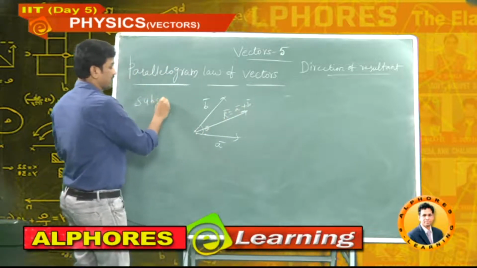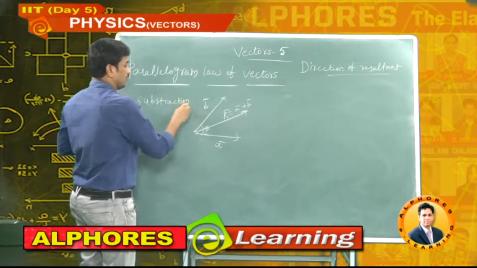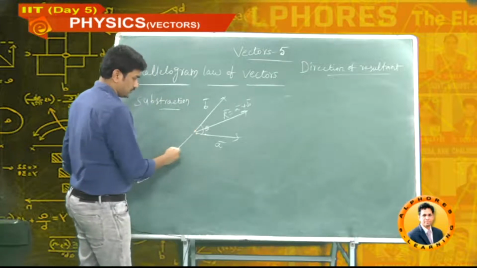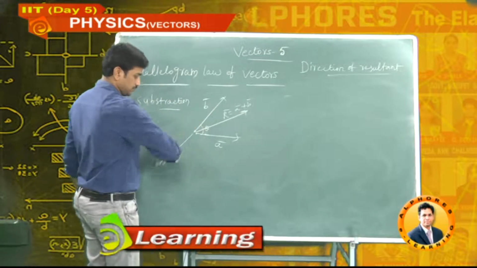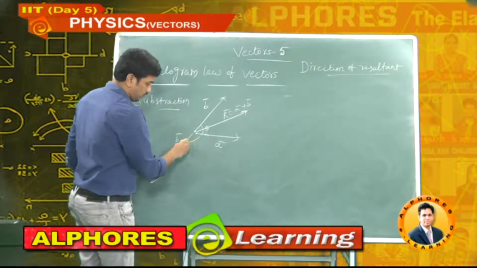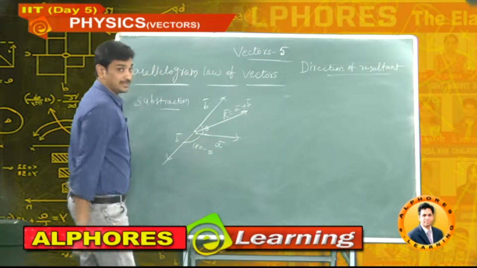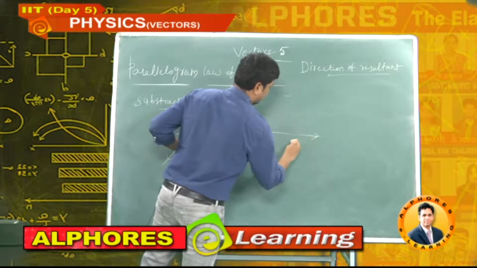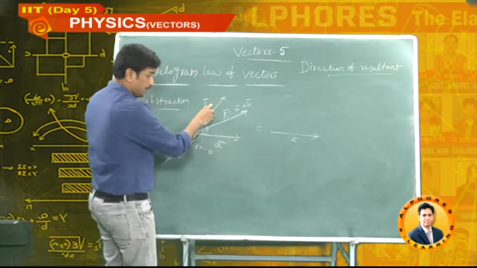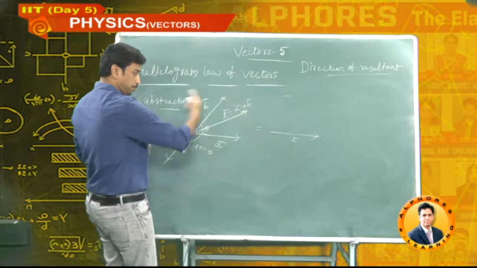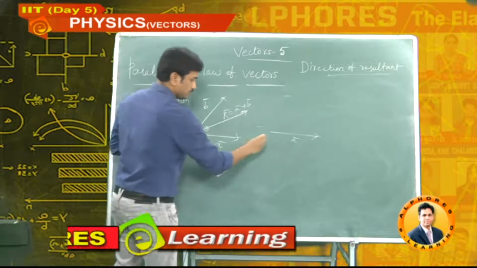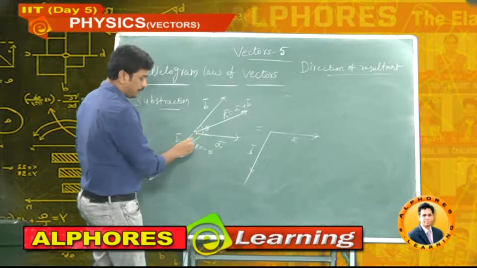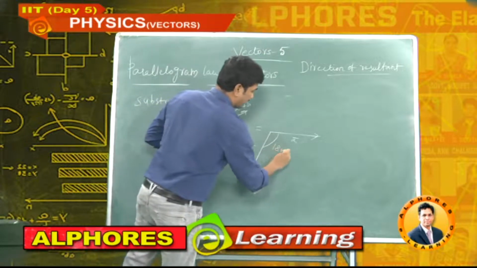Now I want to do subtraction. How to subtract the two vectors? Can I reverse it? It's a B bar. Now what is the angle? 180 minus theta. Now here I will show A bar, B bar. Now I turn it back, negative vector. I did this. It's a B bar. Now what is the angle between A bar and B bar now? 180 minus theta.